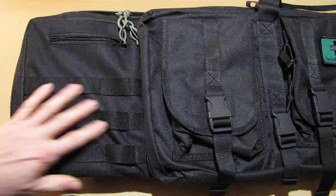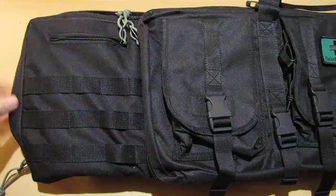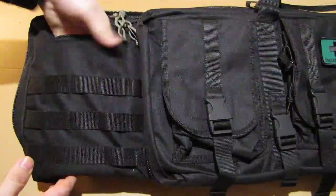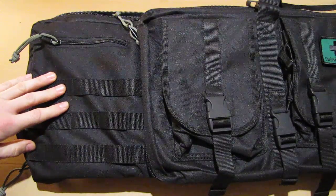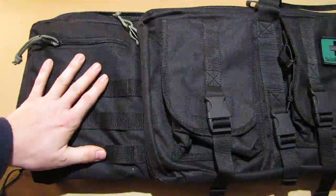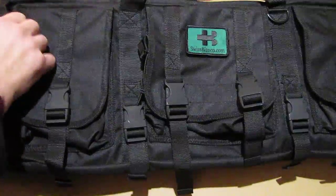as on the right side, the MOLLE. On the other side is the dump pouch. Here I did not mount anything yet. So we have here another big compartment with the zipper that you can fill with maybe a manual or paperwork, the range book, whatever you want to put in, a pocket calculator. Then the main compartment,